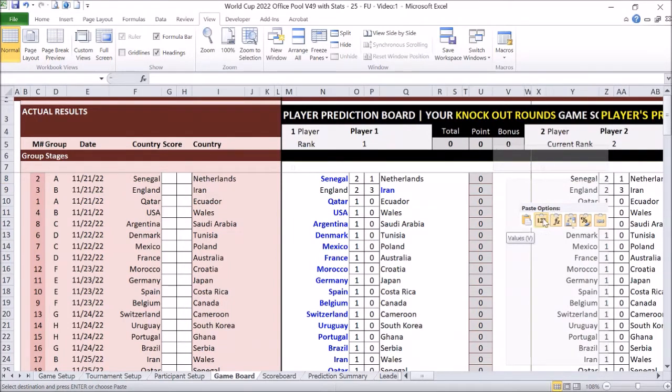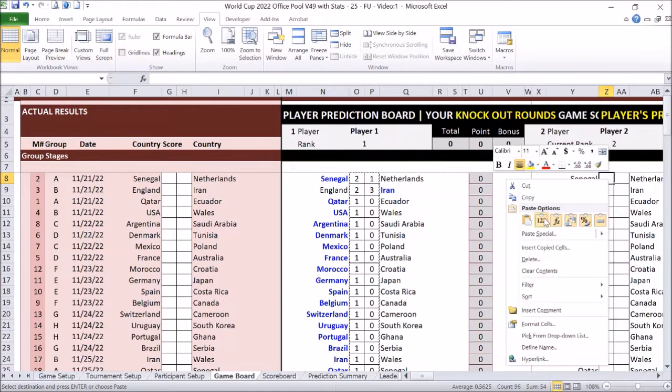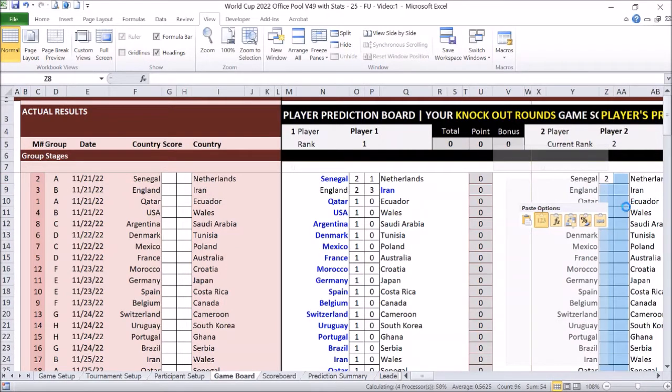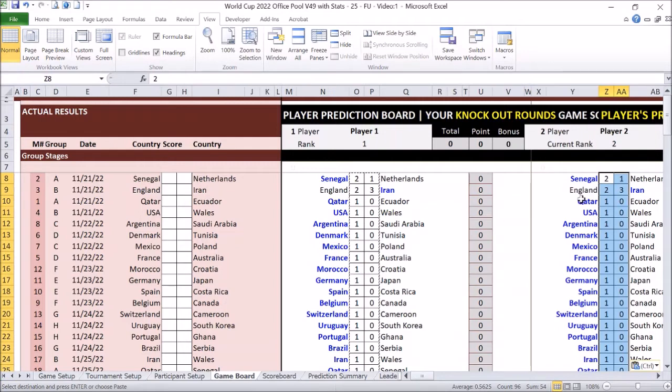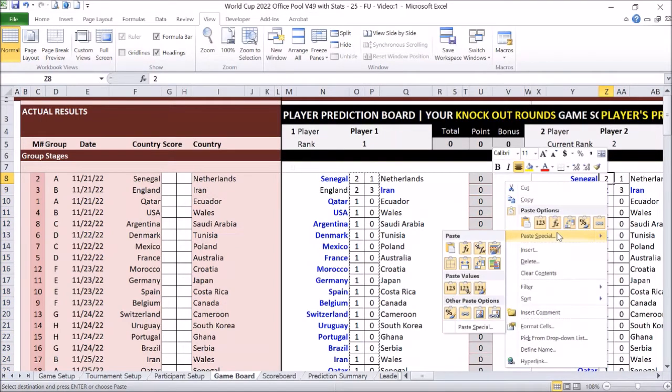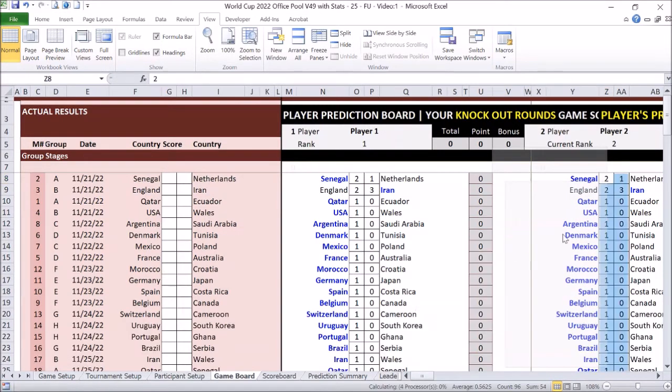You can use this 1, 2, 3 icon, or you can go to paste special and then again select 1, 2, 3, depending on your version of Microsoft Excel or Google Sheets, because the menu might be different, but the basic is similar.